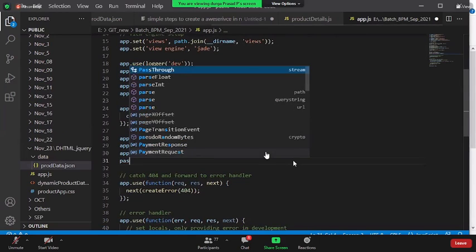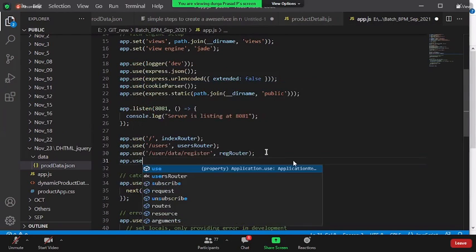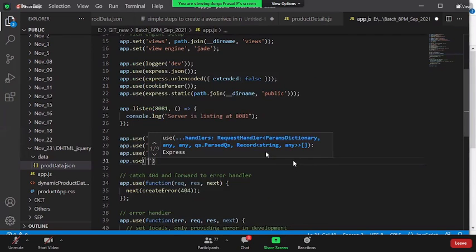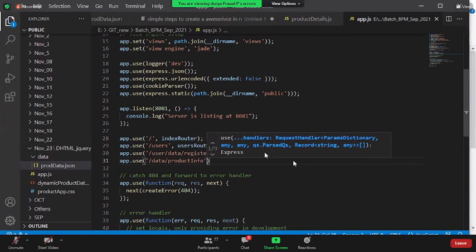Now you specify app.use. Okay, under inverted commas, you specify the URL, any URL you wanted. That unique URL is user defined. It is not predefined. You can give whatever the URL you wanted. Okay, I will specify data, something called as product info, something like this. You can specify anything.